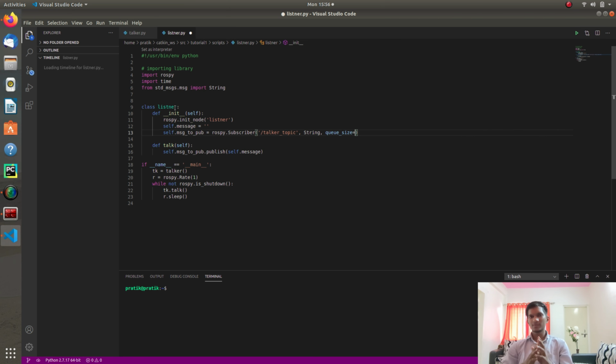There is no need to specify a fixed name for that callback function. You can give any name to that function. So for my convenience, I'll give the name message_callback.